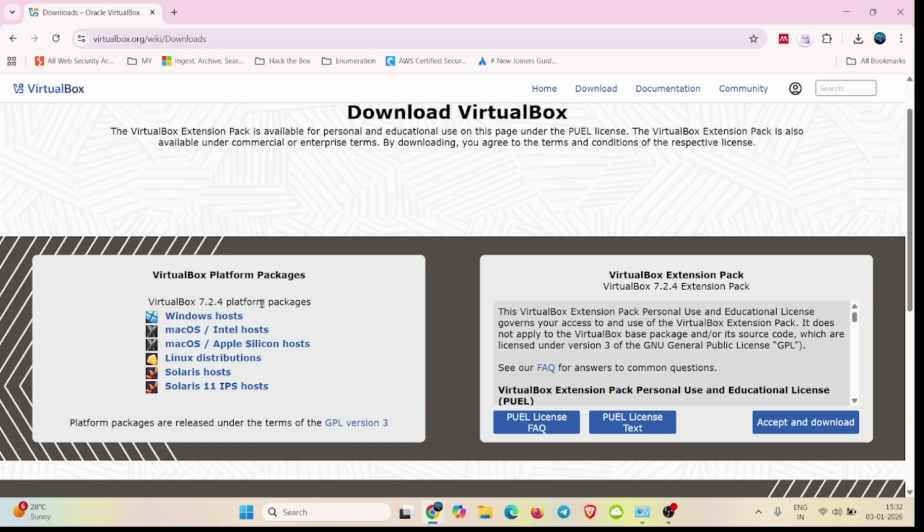Okay. Now, it is asking what kind of platform you have, what kind of OS you have. So I do have the Windows one. If you do have macOS, you can go with macOS. So I'm going with Windows host. I'm going to click on it and it will start downloading. Okay. Now,